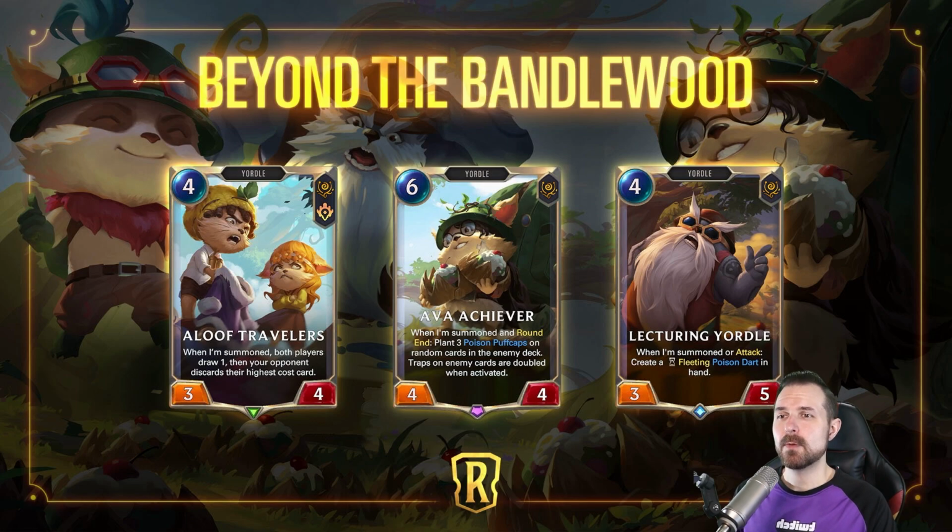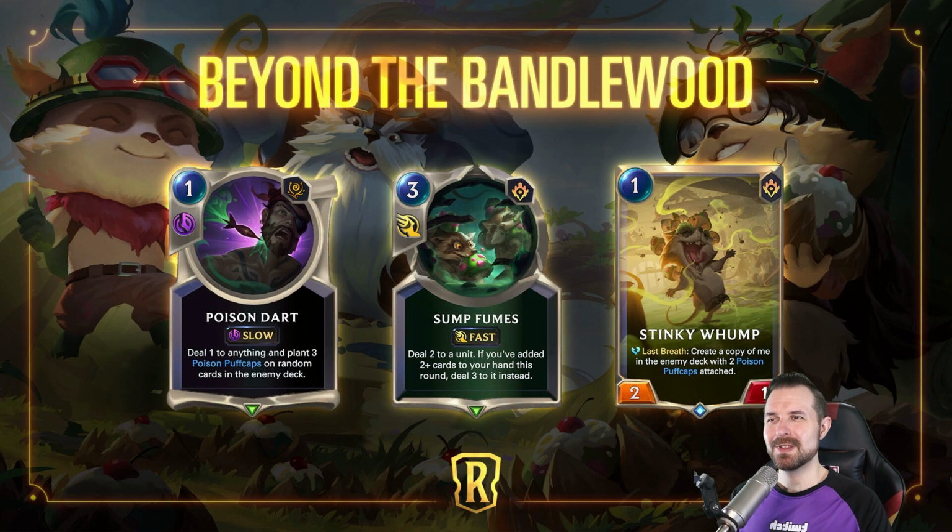This is a 4-cost 3/5 with the Yordle tag from the Bandle City region, and Lecturing Yordle says, when I'm summoned or on attack, create a fleeting poison dart in hand. Now, good news, we know what poison dart is. We're going to see that on the next screen, but also this is a 4-cost 3/5 with a relevant summon effect, and you can repeat it on attack. I already am kind of a fan of this card, but we're going to move to the next screen